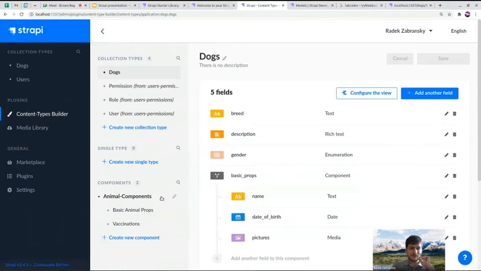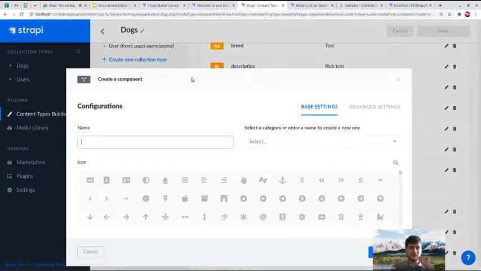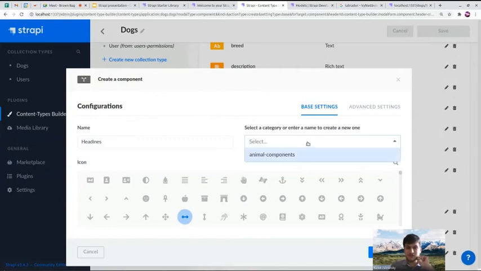So first, let's create some new components. So we talked about giving them the possibility to add headlines to the page. So you have to choose some icon. It doesn't let you continue without choosing one, so I'm just clicking pretty much randomly now. So you create a component for headline. It doesn't really fit here, so let's create a new category called info page components,